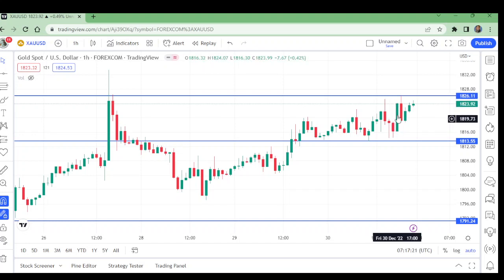This is allowed by the sellers to grab the liquidity to go down. This has been rejected from here on the 1 hour time frame. They have collected too much liquidity, and now the market is ready to go downward. I am telling you this on the 1 hour time frame price action and on the volume that you can watch on MT4 by yourself.